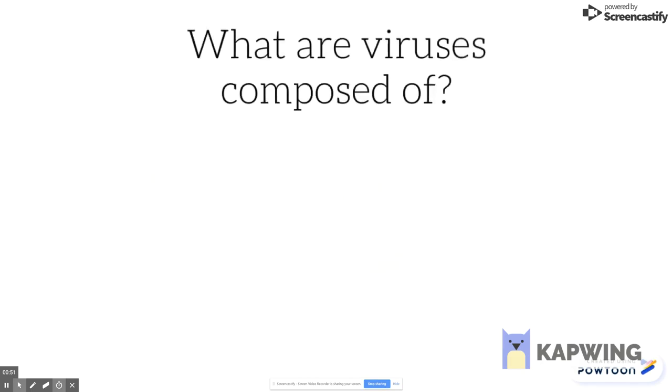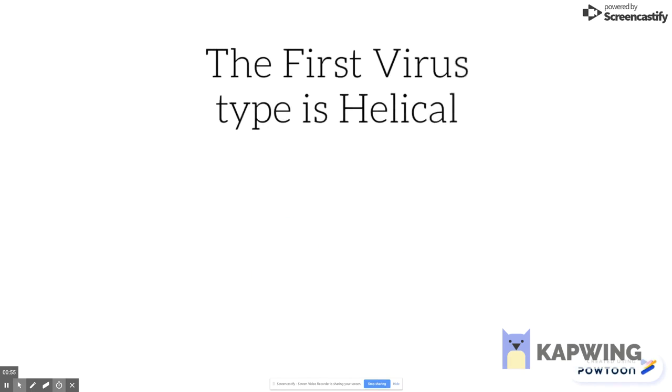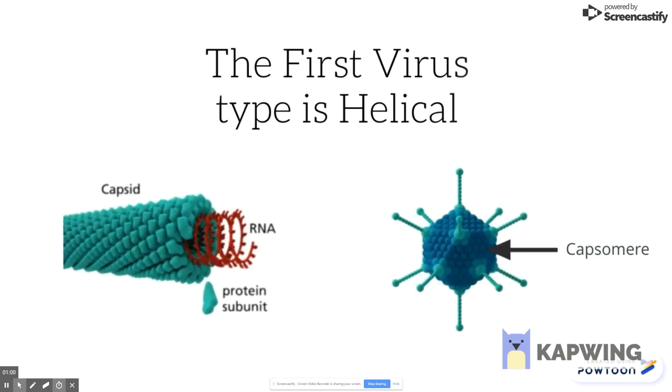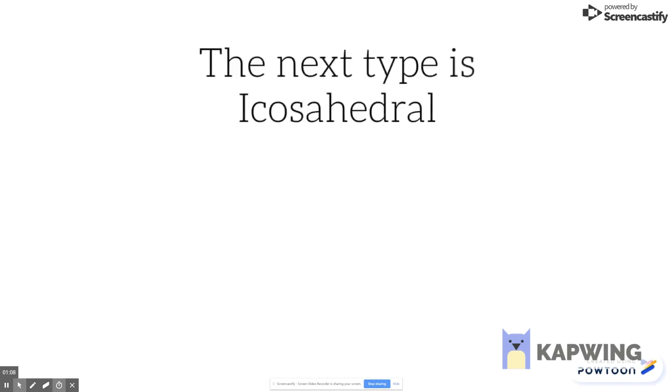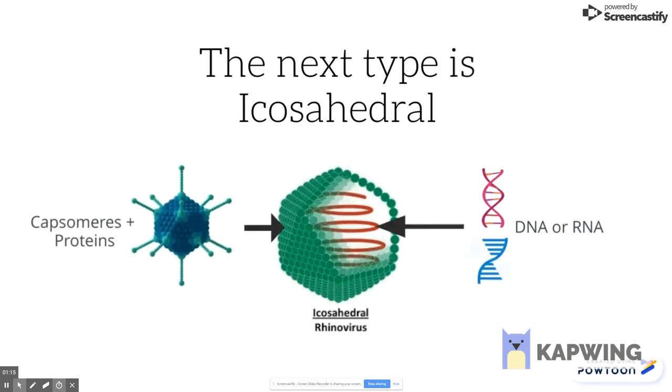Viruses are also roughly grouped into several main categories. First is helical. These are composed of a single type of capsomere, or the subunit of a capsid, stacked around in a helical structure. The DNA or mRNA is stacked in between the structure or is bound to its proteins. The next type is icosahedral, or an animal virus. The capsid of the virus is again made of capsomeres and proteins stacked in a triangular structure with 20 different faces, and its nucleic acid inside is intertwined.